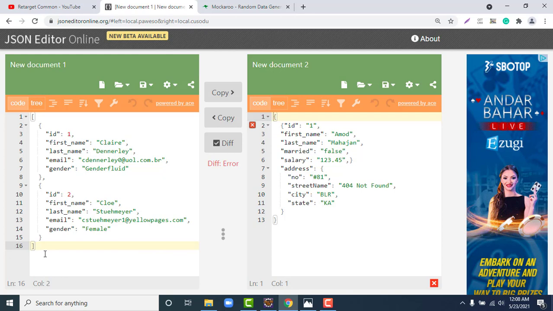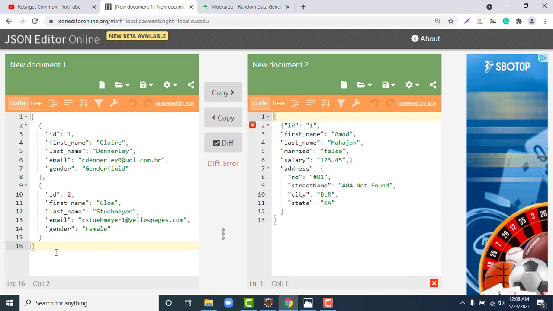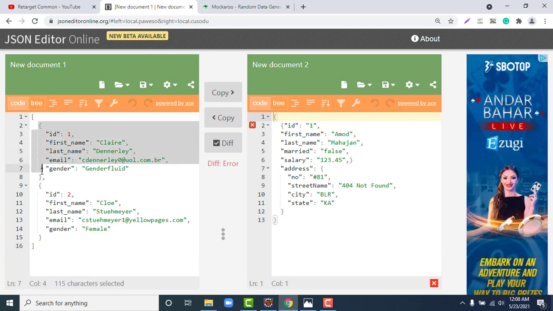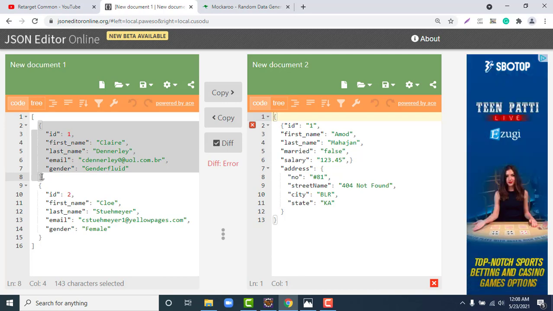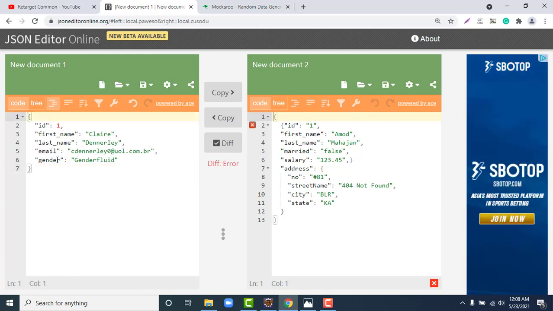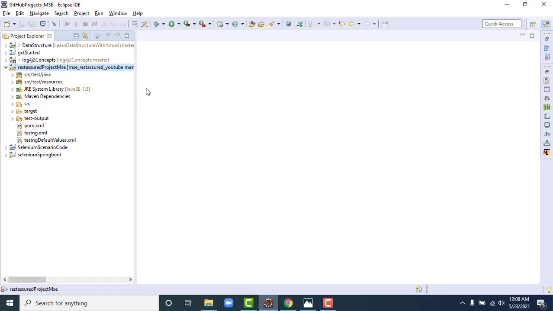So let's go and start creating a JSON array using Java. Okay, so I will show you how you can break it down first. Leave everything else, just copy this one object, because we have one object, right? Copy it and remove everything. So do we know how to create this JSON object? Yes, we know, we have already learned in previous videos using Java map. Okay, let's go and create it.